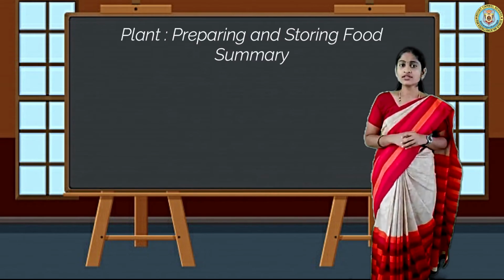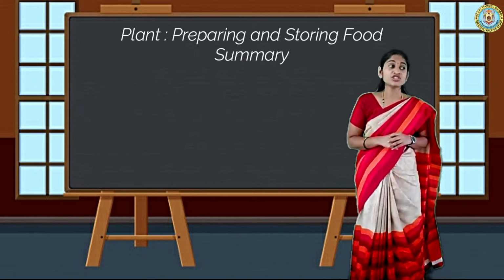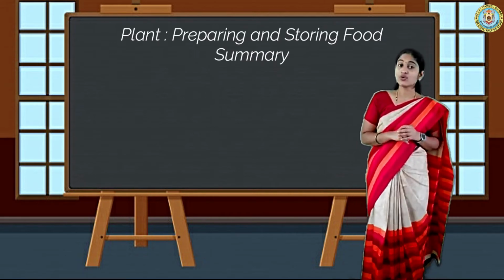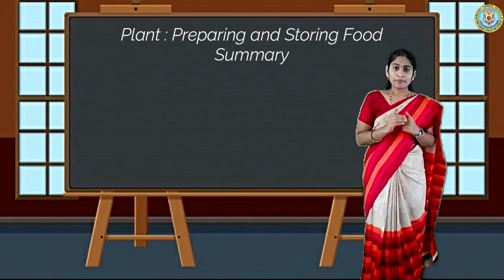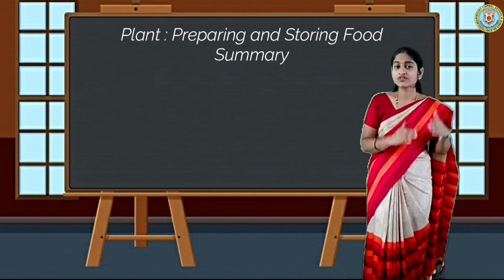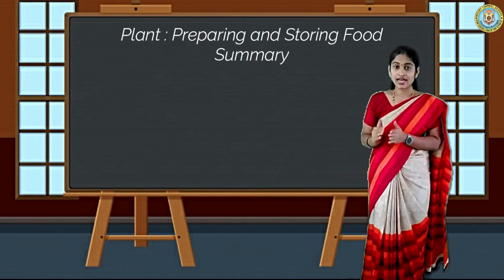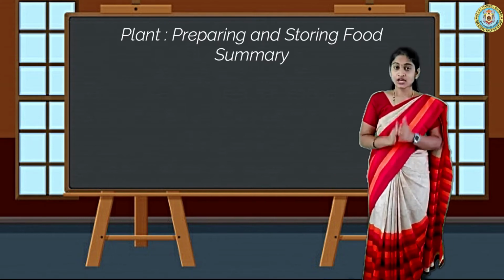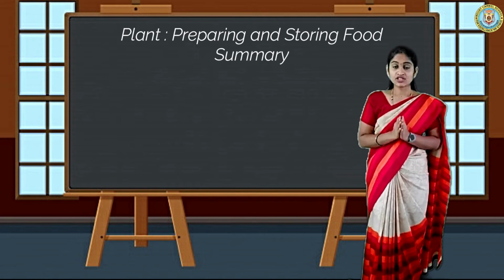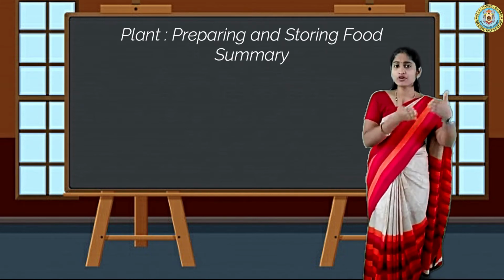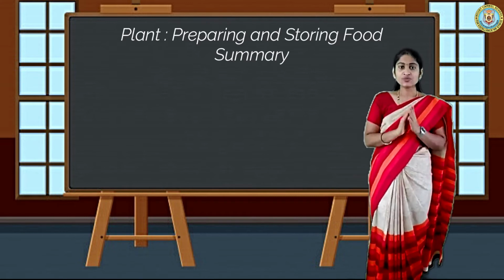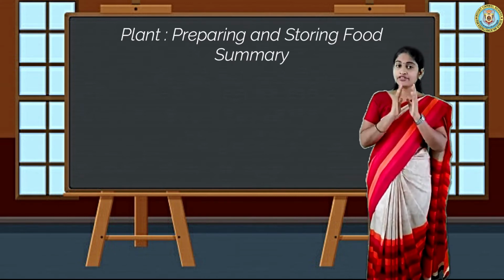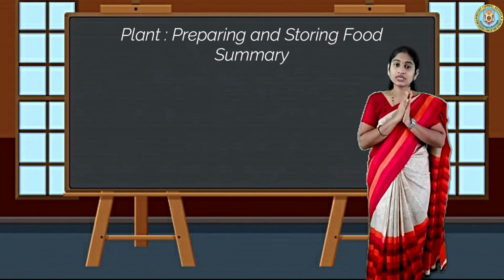Then what did we learn? We learned about energy flow. How energy flows from sunlight to animals. But there should be balance between plants and animals. Isn't it, my dear students? To keep balance in nature, the number of plants should be equal to the number of animals. This much information we have from this lesson.